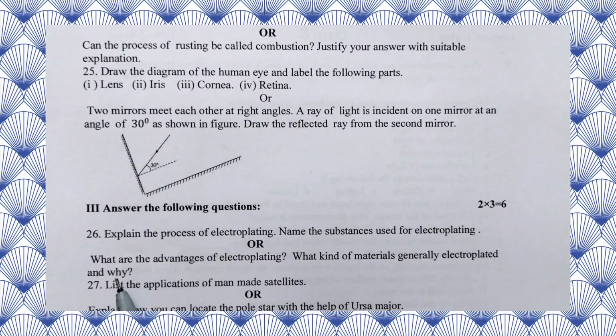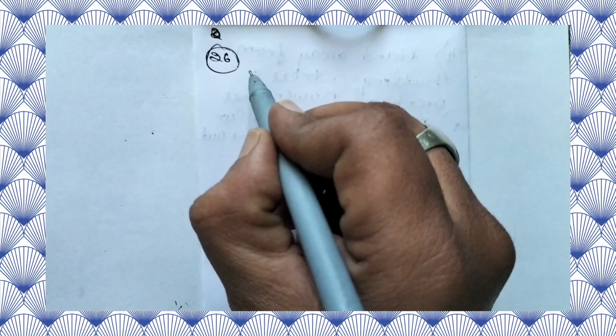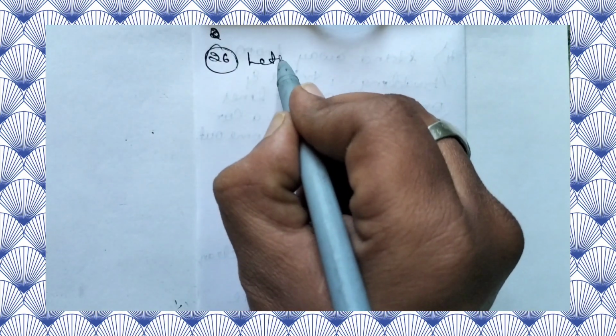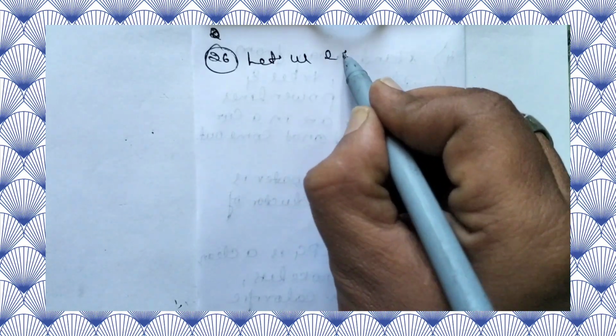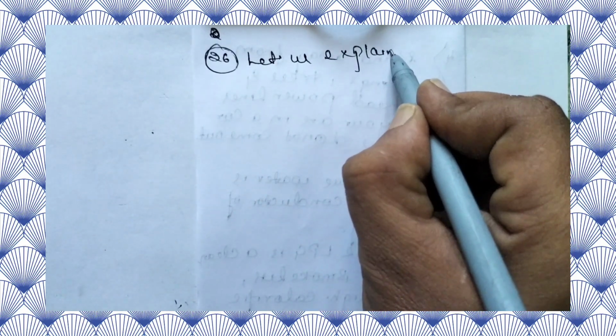There is another question inside it. What are the advantages of electroplating? What kind of material is generally electroplated and why? So let us answer this question. So now let us answer the first question, that is, explain the process of electroplating and name the substance used for electroplating. So now this question is answered. Let us explain by taking